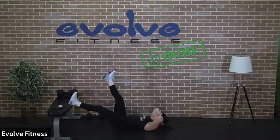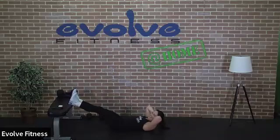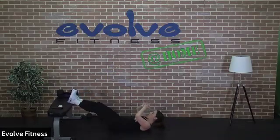Then we're going to come up into that bridge and we're just going to hold steady for 30 seconds. You should be feeling lots on the hamstring here. Kate's already feeling the burn. So again, the straighter your leg is, the harder this will be. So if it's getting too hard, just come in a little bit closer. So let's go ahead with the first leg, just a 30-second hold in 3,